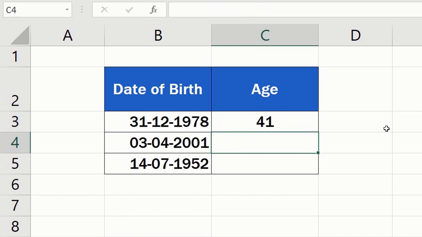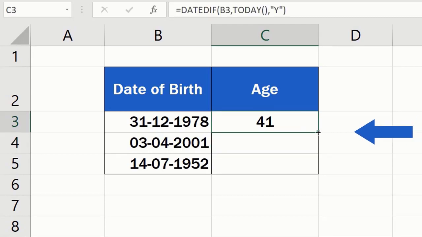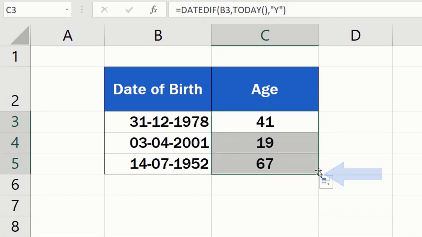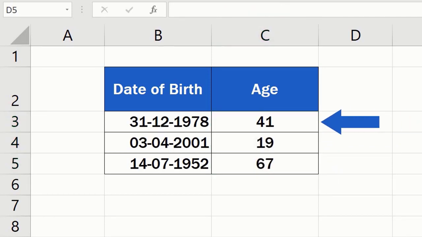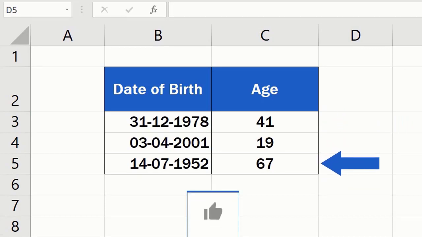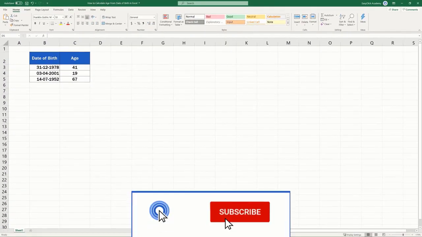Good job! The function can now be used to calculate age in the other rows too. Simply copy the formula from the first cell by dragging down the bottom left corner of that cell. And that's all it takes. Each row now contains the calculated age as the number of completed years that passed between the date of birth and today. To find out the exact number of days or months